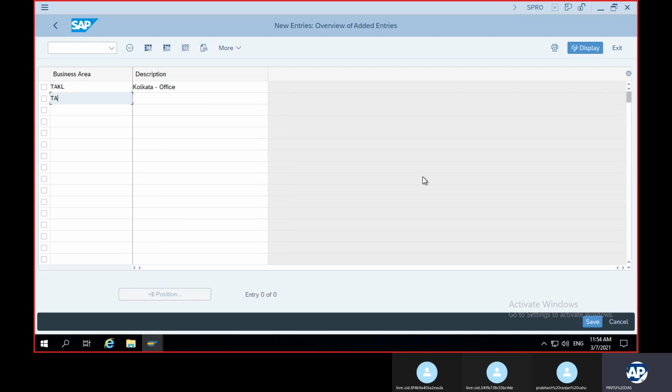Then TABH, Kolkata office of TA21, Bhubaneswar. Factory. A21. ABG. Bangalore.